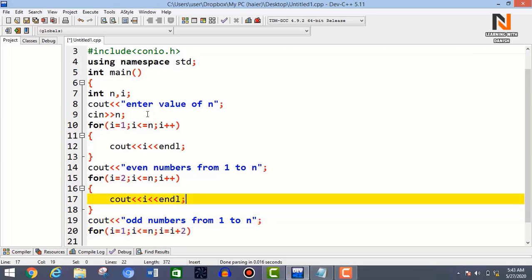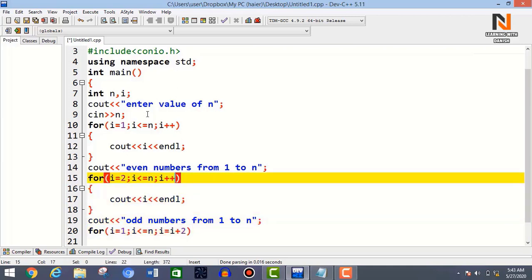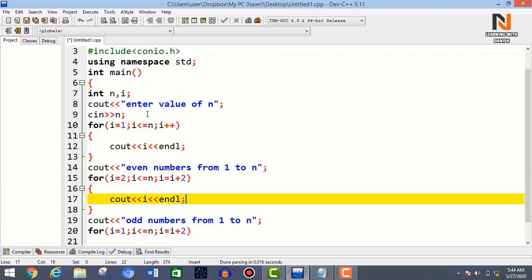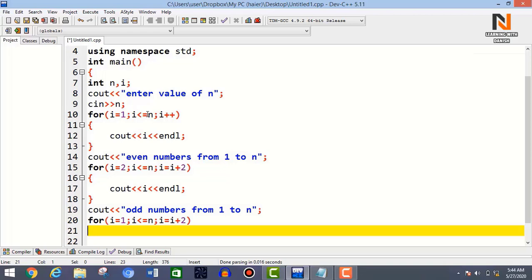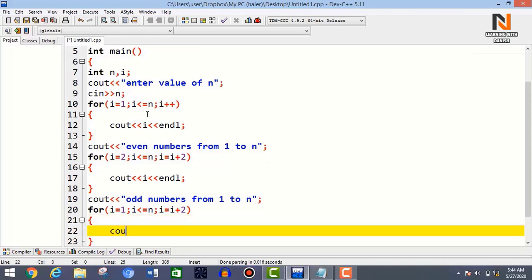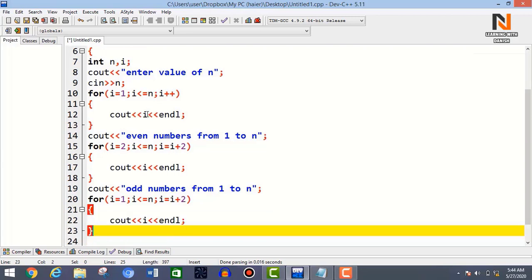Sorry, we have to use here i plus 2. i is equal to i plus 2. Now in the curly brackets you will write cout insertion operator i, again insertion operator and then endl semicolon.